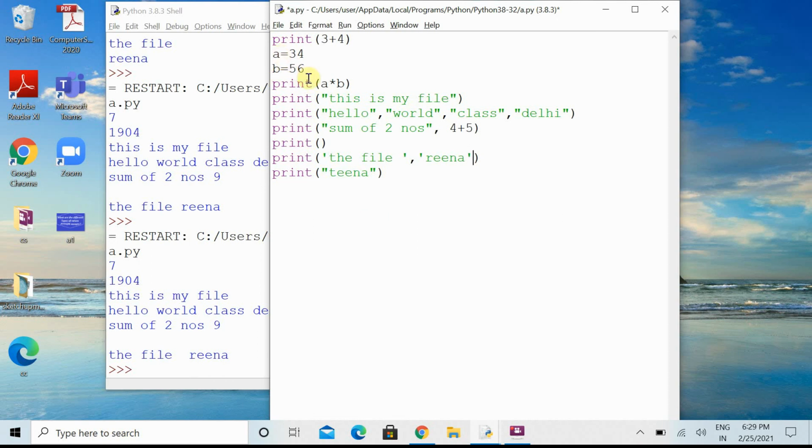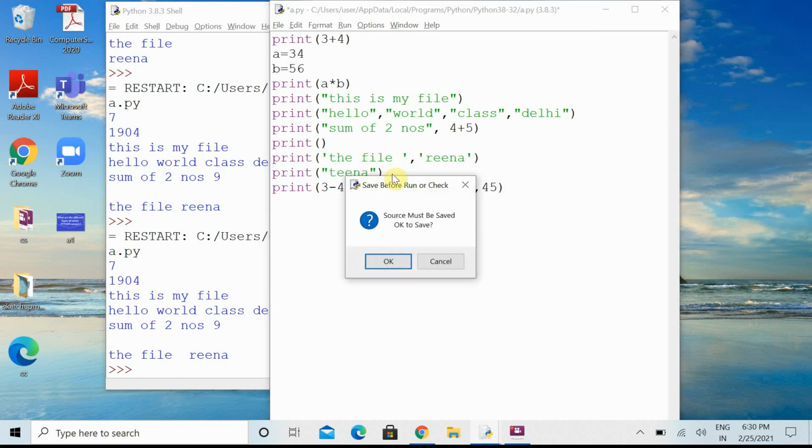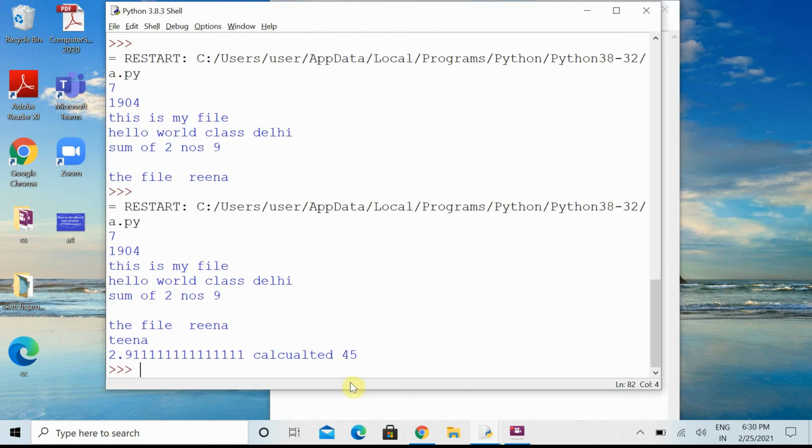This much is clear to you. We can do the calculation. If we are doing some calculation, we can write it in that way also. Suppose at the start you do the calculation the way you want, and after that if you want to write anything, you can write it. After that if you want to print anything, you can print it in this way also. I hope this much is clear to you.